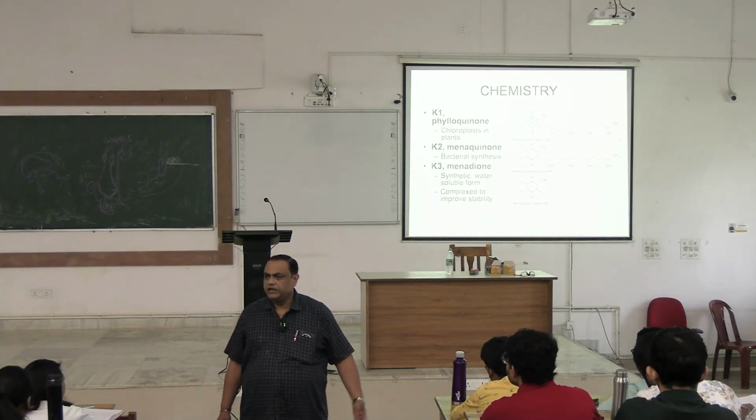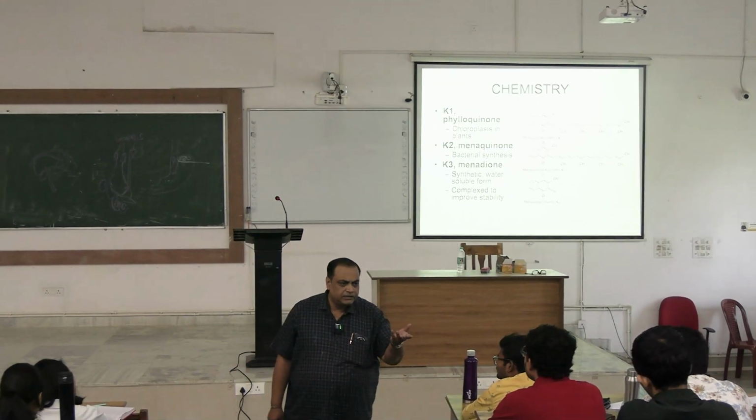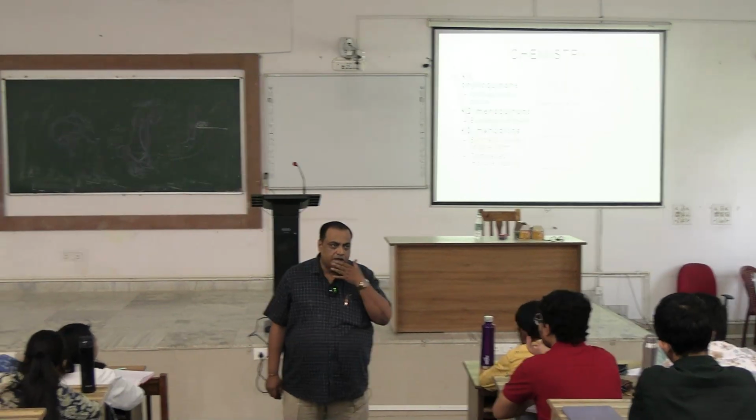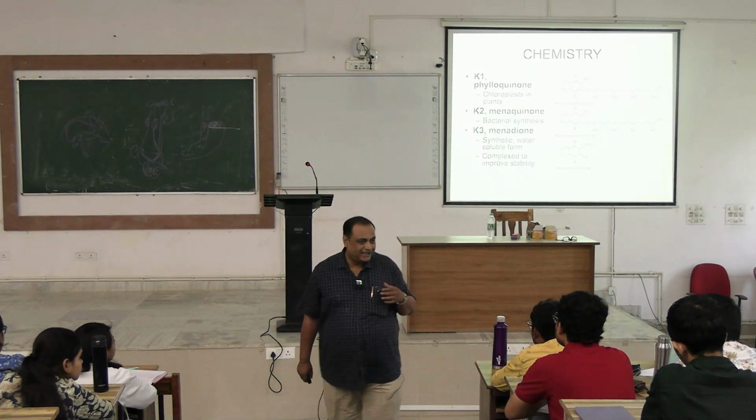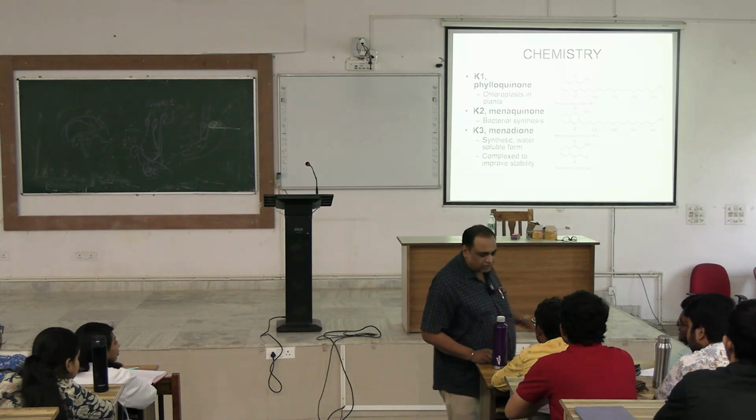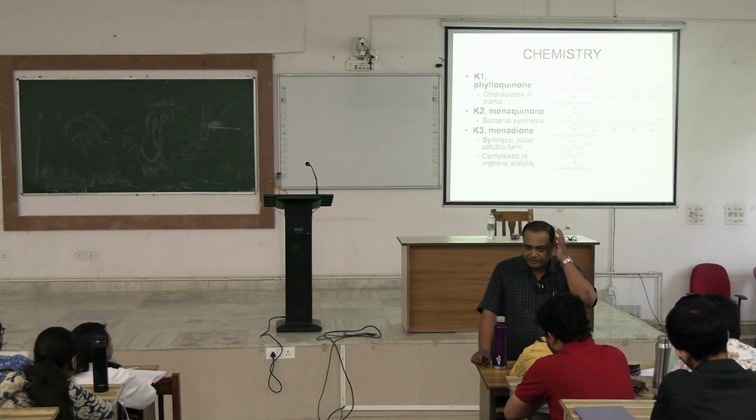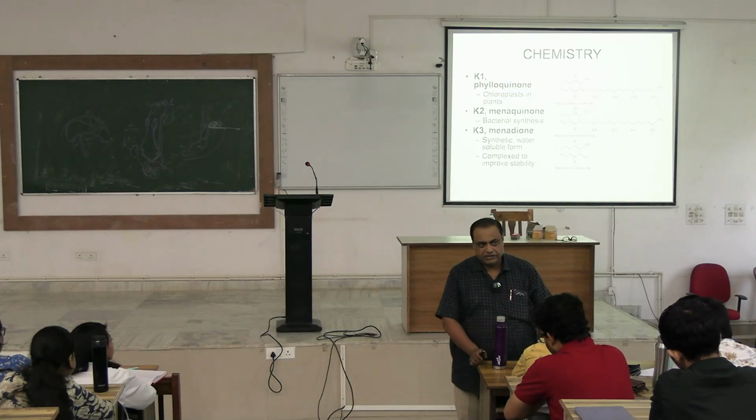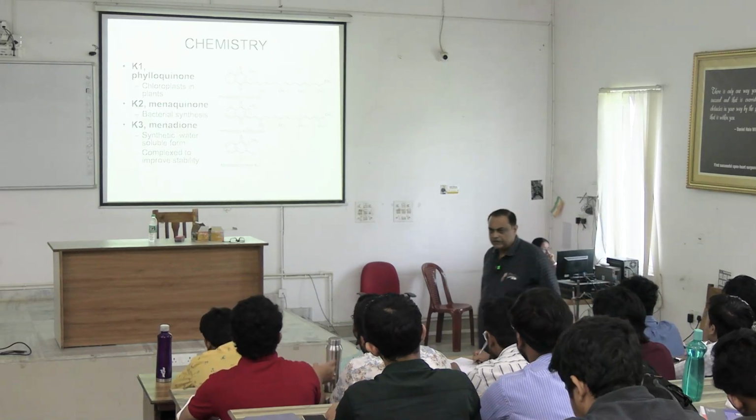What is the function of vitamin K? Helps in clotting or coagulation? Coagulation, right? So it helps in blood coagulation. So the babies which are born with insufficient hepatic function. Three forms: phylloquinone, phyllo means plant, it is a plant form;